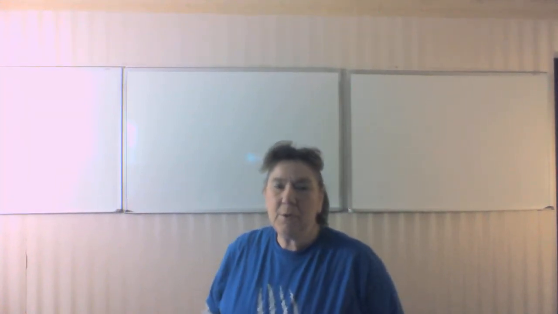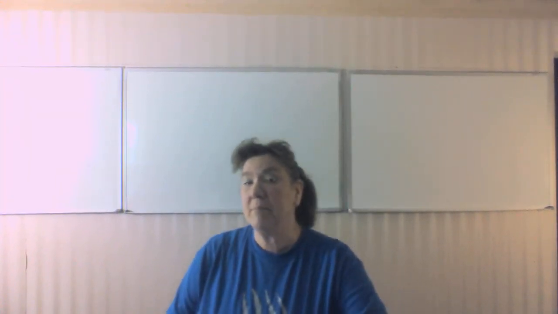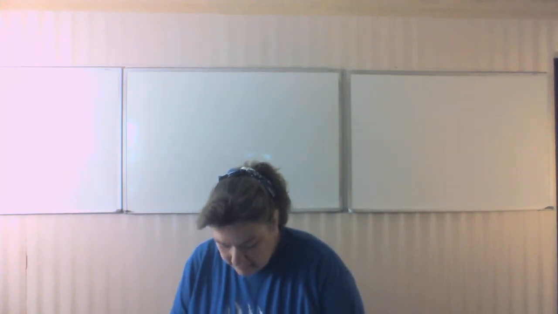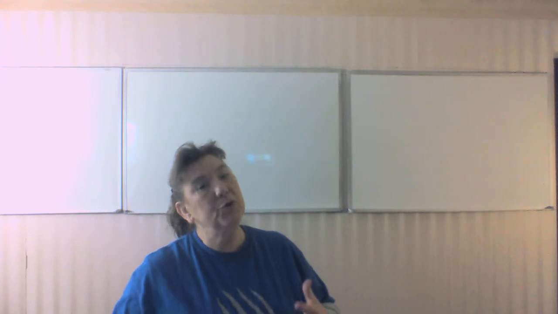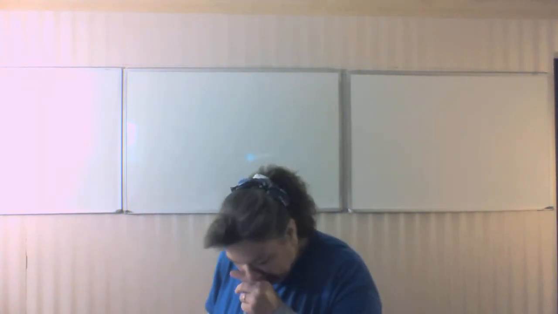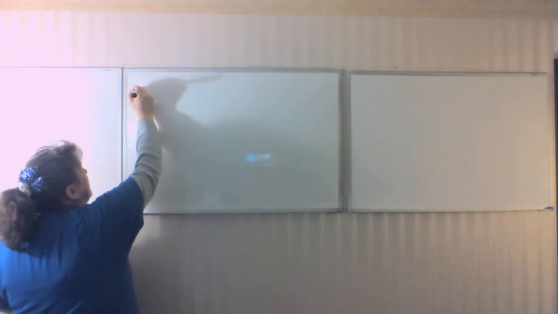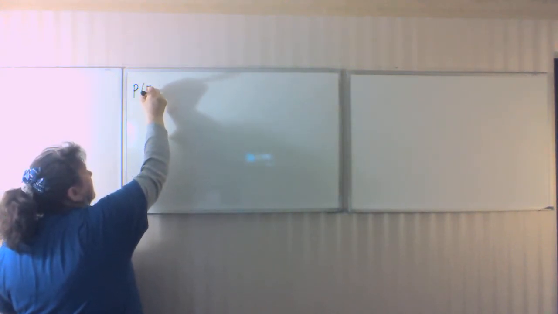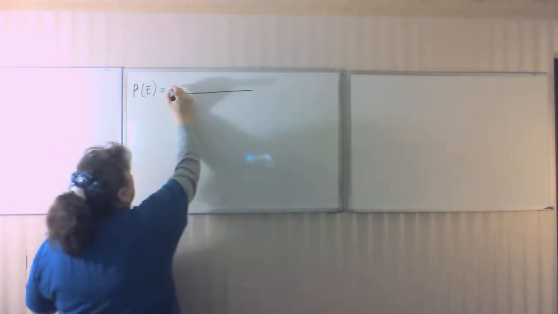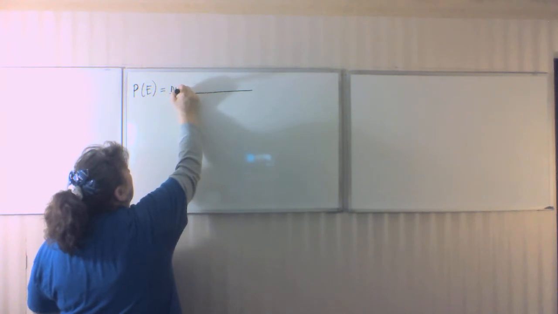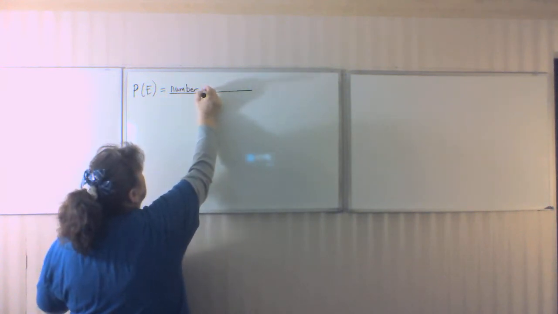Okay, now we're going into part B of our probability lecture. And in this lecture, we are going to do more of actually how do you calculate probability. So first of all, we need to start out with what is the formula? The probability of an event happening is equal to the number of favorable outcomes